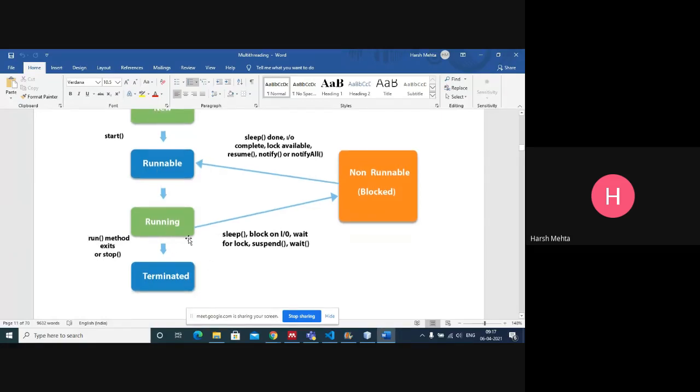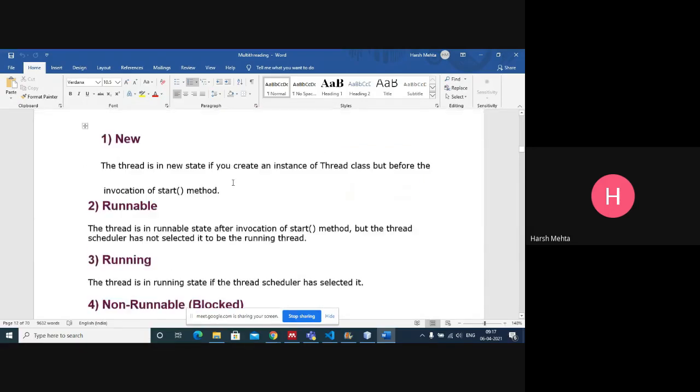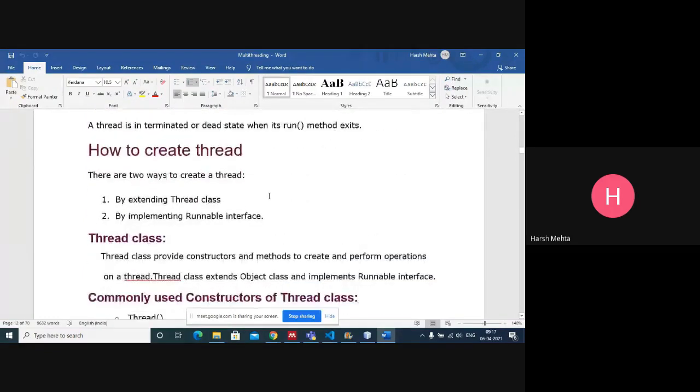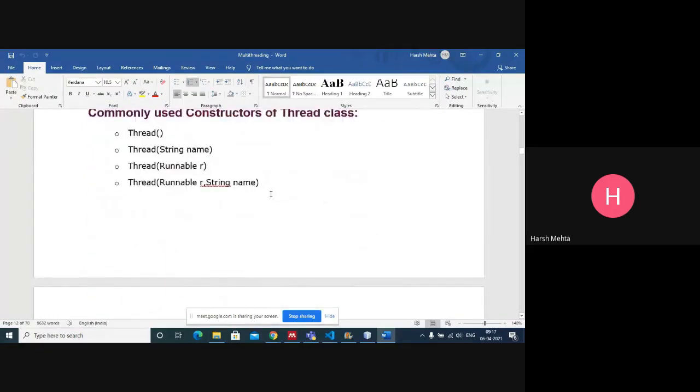While running, the scheduler or based on our logic, we can also put that thread in sleep, block, lock, suspend, wait, this kind of thing. Sleep done, input complete, lock, or like that. Now these are the different states.